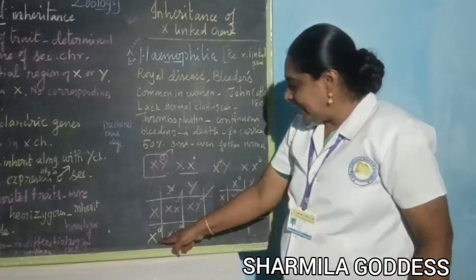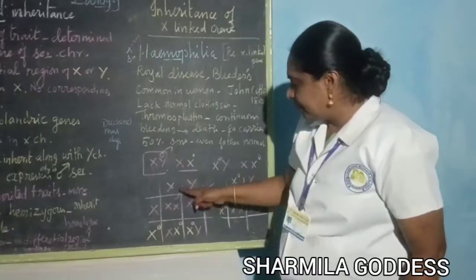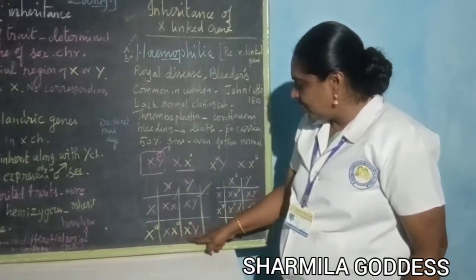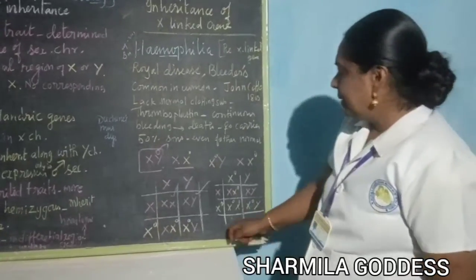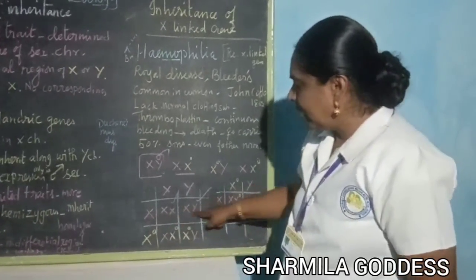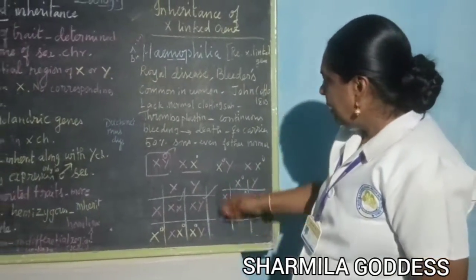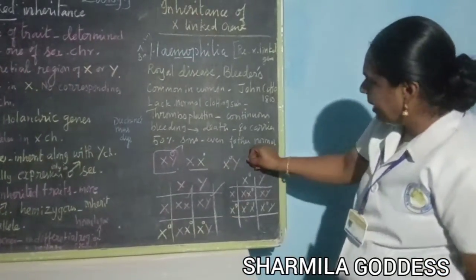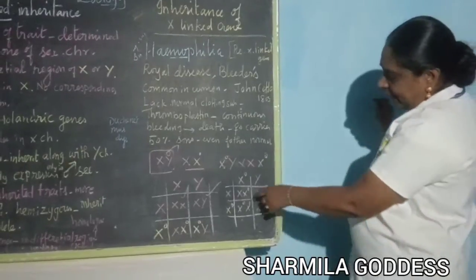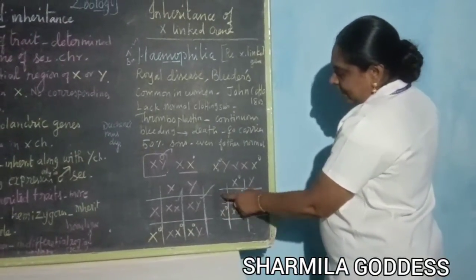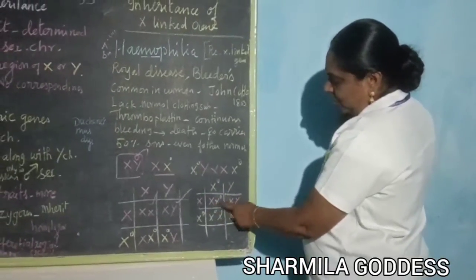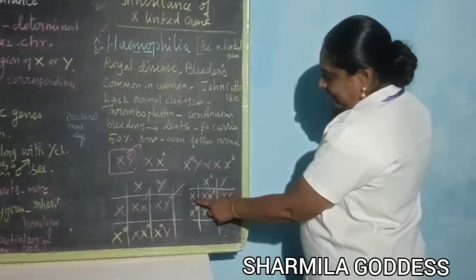Now next, again this marriage with X. Now X, X0. But now what is this? These two are carriers, these two are normal. Now these two carriers are getting married again. If they get married, what would happen? Now you are adding like this, X into X, X0, then X into XY.